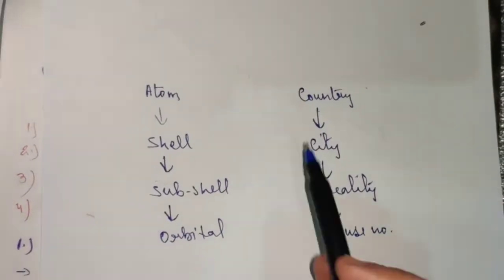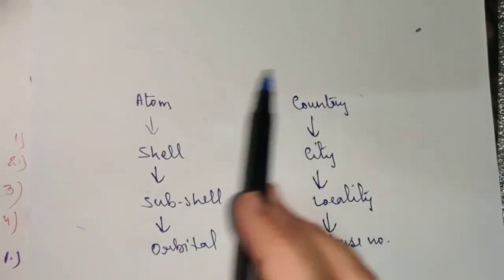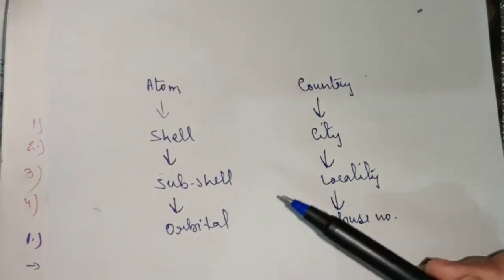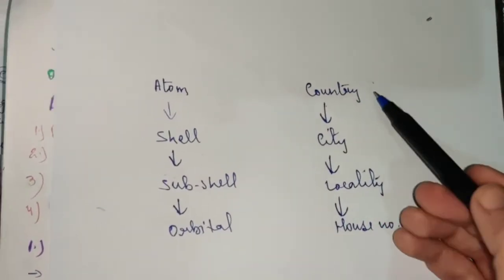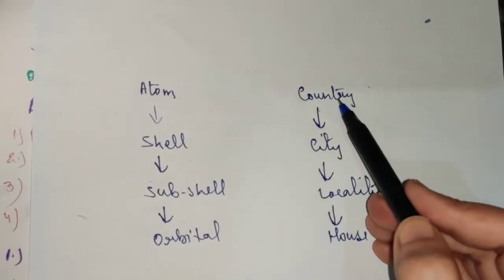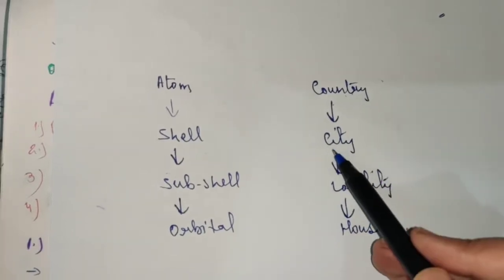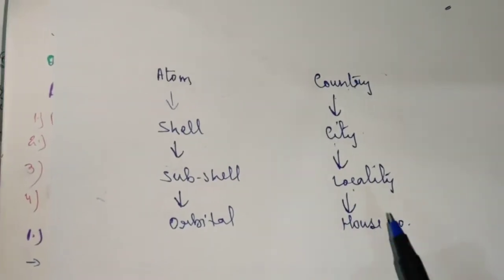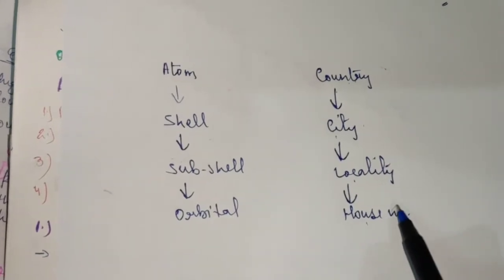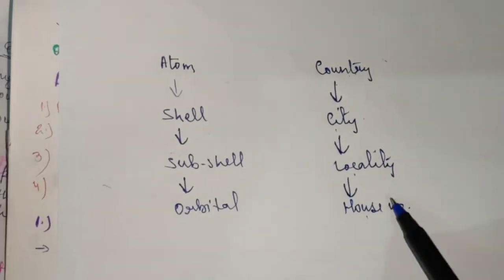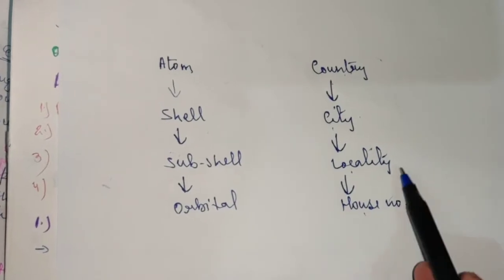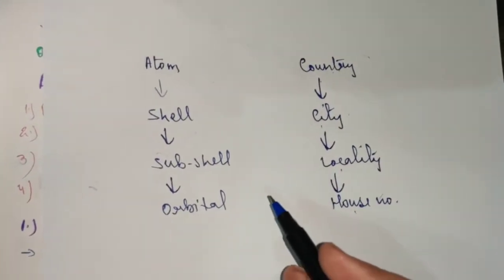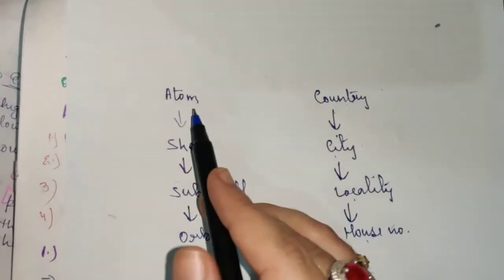Now to understand it in a better way, children, you can compare it with the description of your location. If you are telling about your location, the first thing you will tell is the country in which you reside, then the city, then the locality, and then your house number, and in your house you are present. Following this, a person can reach you. This is just an example. Whatever way you feel is easy, you can compare it to.